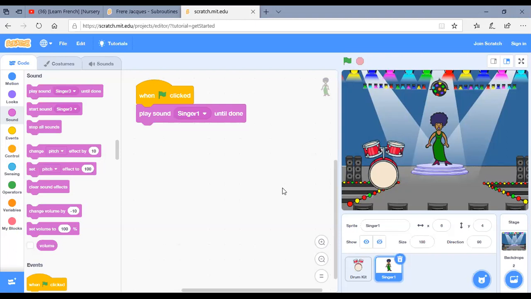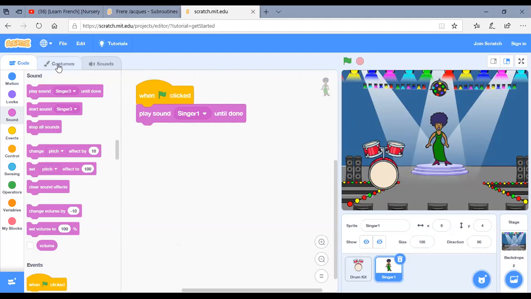Now, as you can see here, it is playing the sound, but you cannot see that the woman is singing. So how to show the woman singing is, you make sure that the singer costume is clicked.